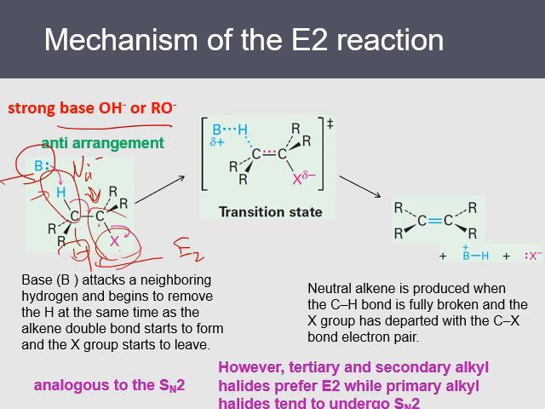So in the SN2 reaction, because the nucleophile attacks the carbon from the back, the steric effect of the carbon is important. A primary carbon is the best, and then secondary. Tertiary cannot happen because the carbon is so crowded. The nucleophile cannot attack the carbon. But in E2 elimination, the base does not attack carbon but hydrogen, and therefore it turns out that the tertiary